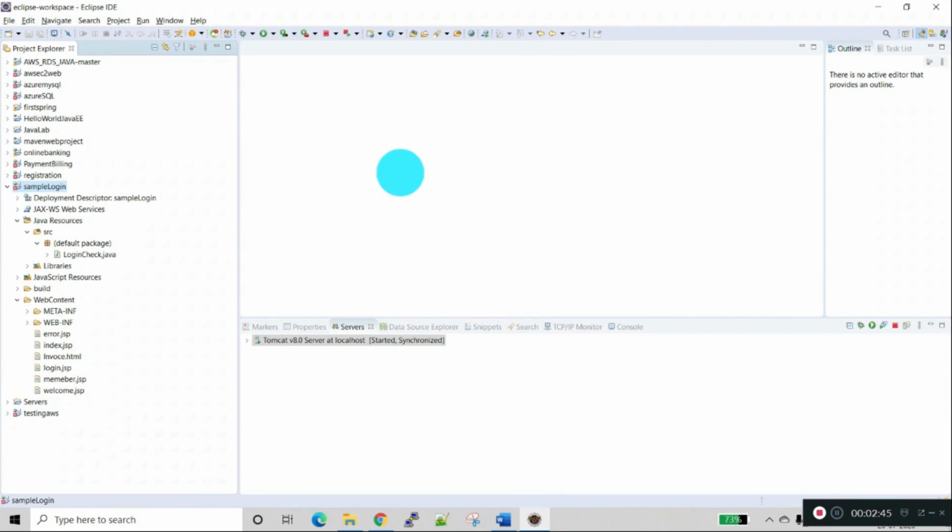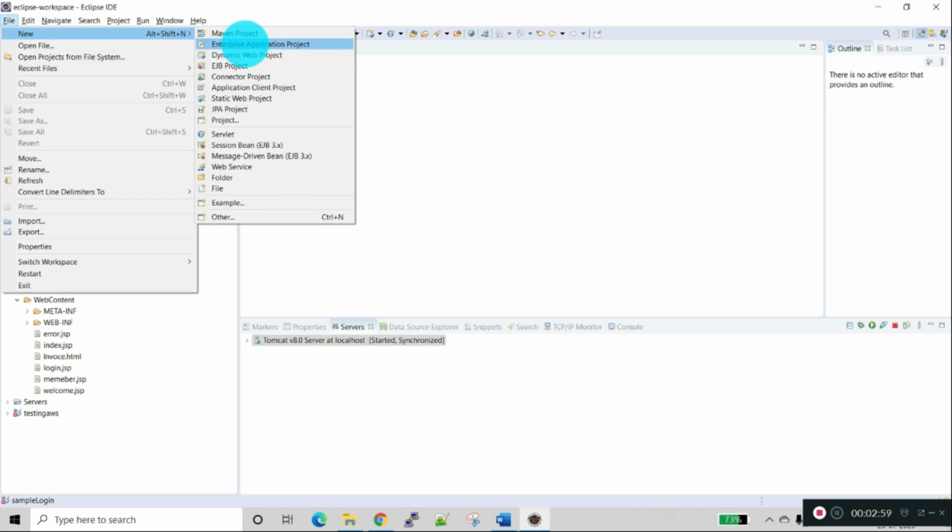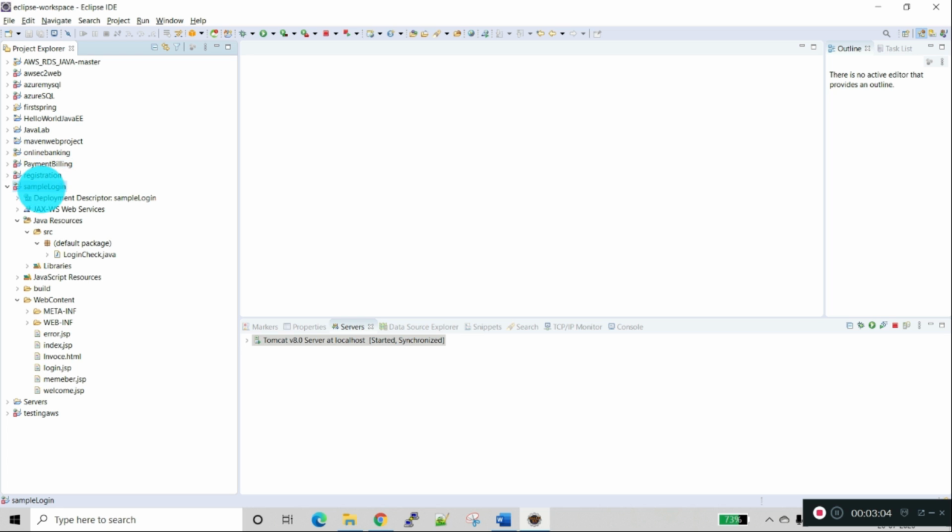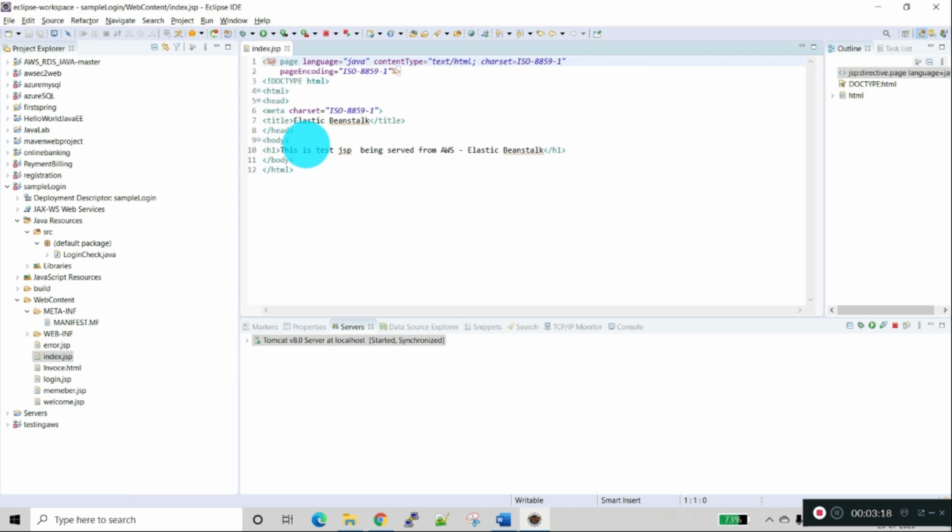So now I have installed Eclipse software on my desktop, and I have created a new enterprise dynamic web project. This is the one, I call it sample login. So here we have the index.jsp. I have mentioned this is the test JSP being served from AWS Elastic Beanstalk,